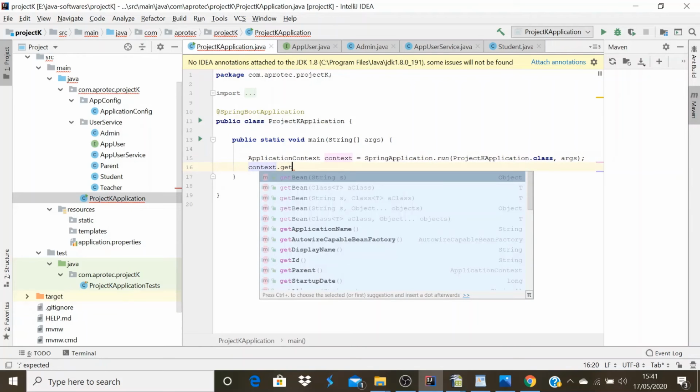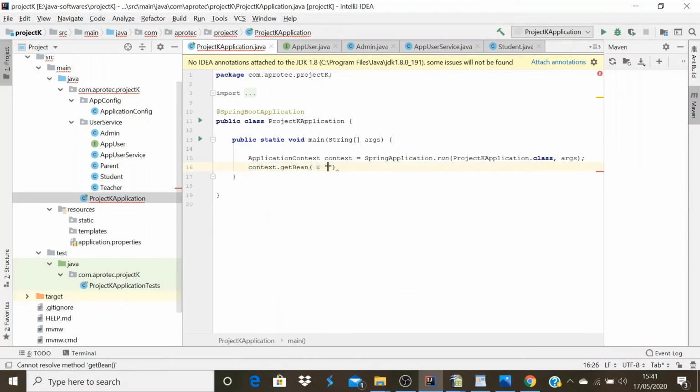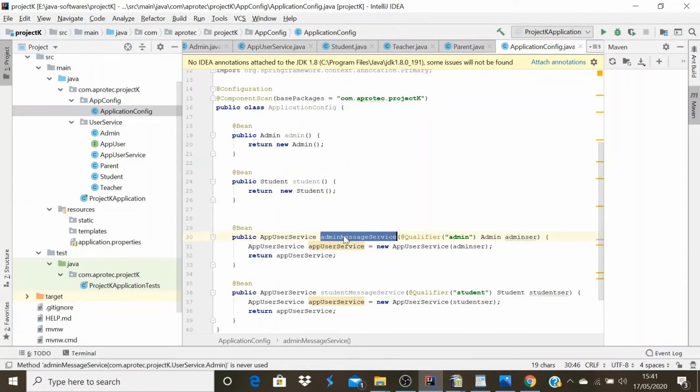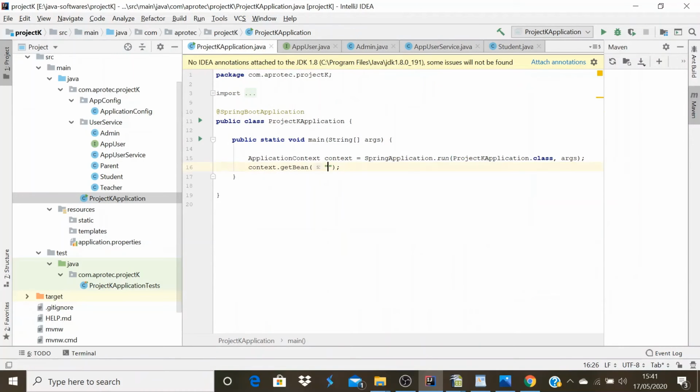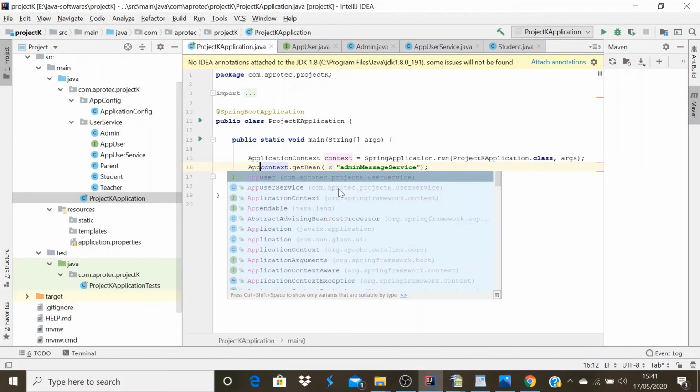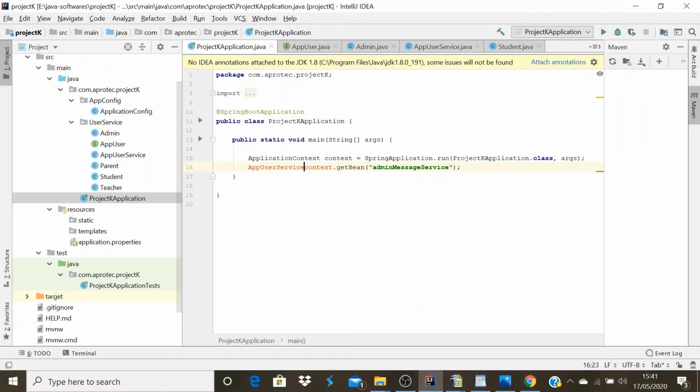Just call context dot get bean, and I will give the bean method name here, which will return the corresponding message service I need, like the admin message service. If I give the method name here, it will return the admin message service bean, which is an app user service object, the admin bean.